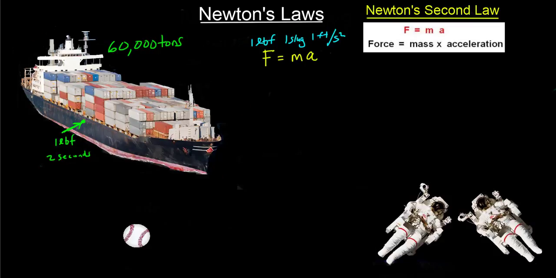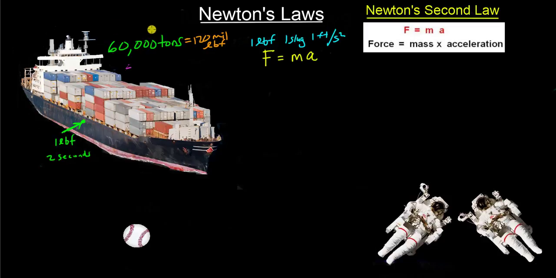We know that there are 2,000 pounds of weight in 1 ton. So you could say that 60,000 tons is the same thing as 120 million pounds force. I'll put pounds force because there's also pounds mass, right? Now we also know that the mass of anything in units of pounds mass is the same numerical value as that something's weight in pounds force. So this ship has a weight of 120 million pounds force, which means this ship's mass is